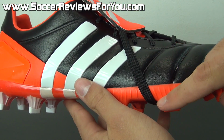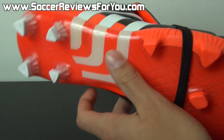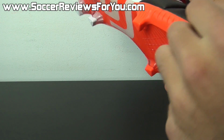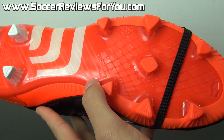I personally prefer the look of it when it's kind of just past the studs in the forefoot. Some people wear it directly in the midfoot like this. And I've even seen some people wear these things way up at the front. It kind of doesn't work like that with this particular stud pattern, just because it's not the same bladed stud